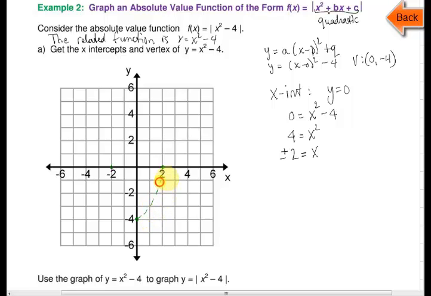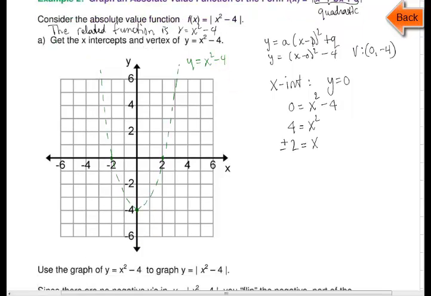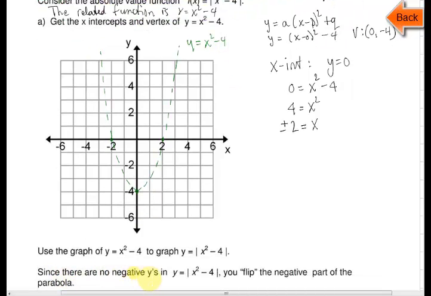And because this is not our absolute value graph, we are going to sketch in the parabola with a dotted line. So this is y is equal to x squared minus 4. Okay, so we're going to use this graph to graph y equals the absolute value of x squared minus 4. Okay, and since there are no negative y's in the absolute value, you will flip the negative part of the parabola over